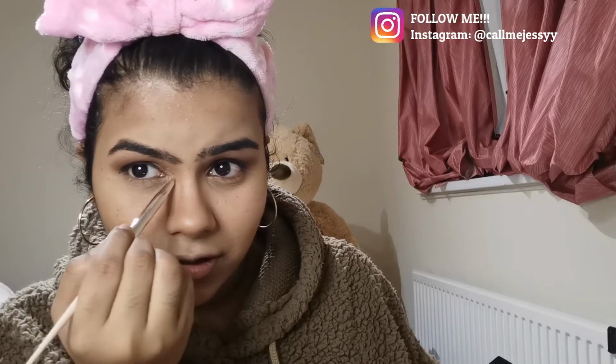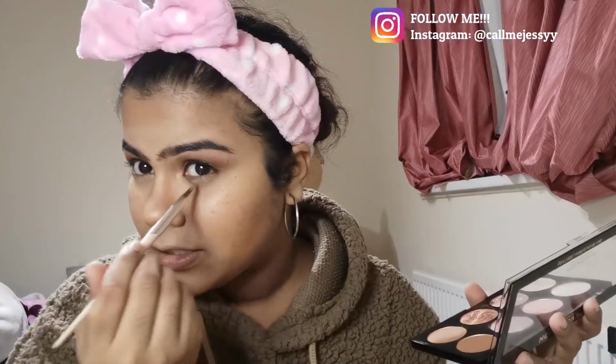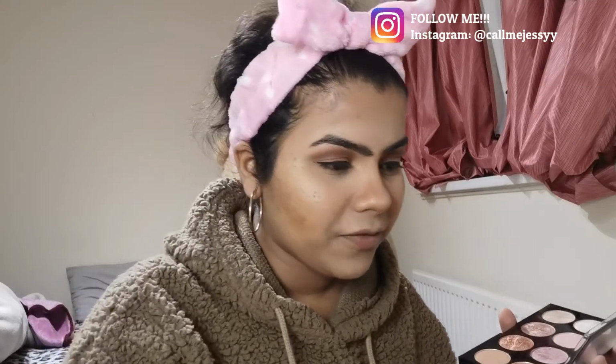I always love putting a bit of highlighter in the inner corner of my eyes. Tell me if you guys do love it as well, because yes, who doesn't like a bit of sparkle near the eyes? I use this brush. So I use this tiny little brush for this. And then once I'm done with that,